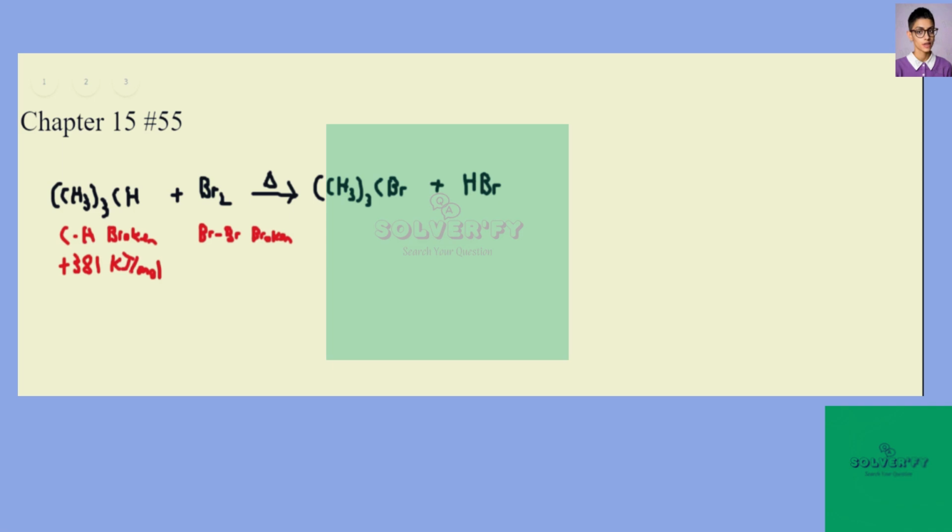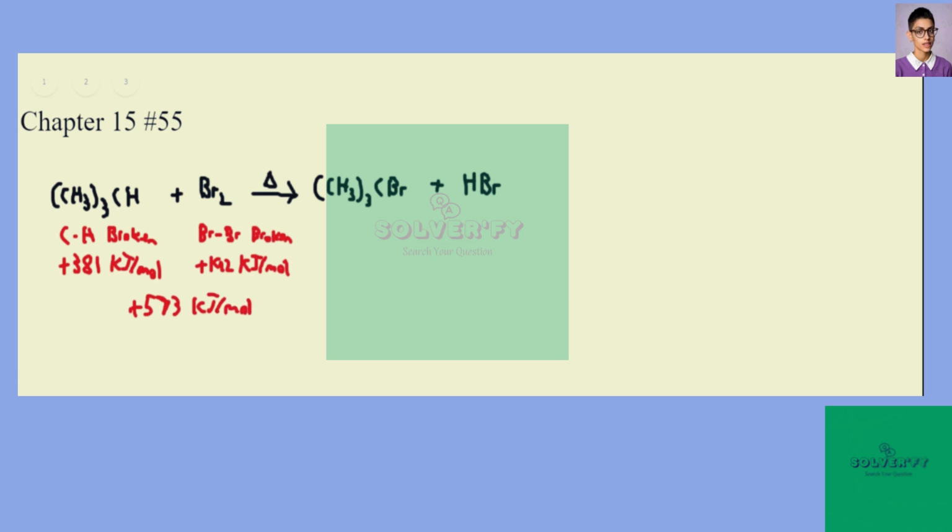To break a bromine-bromine bond is going to cost 192 kilojoules per mole. When we add those together, the left side of this reaction is going to require 573